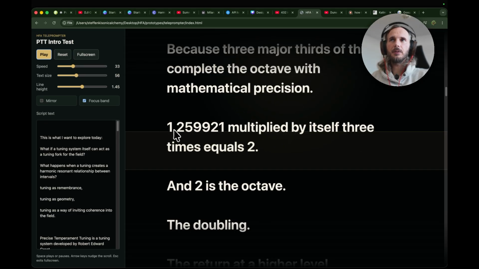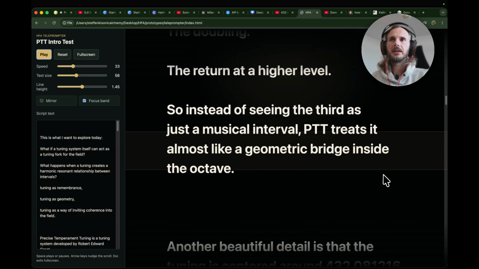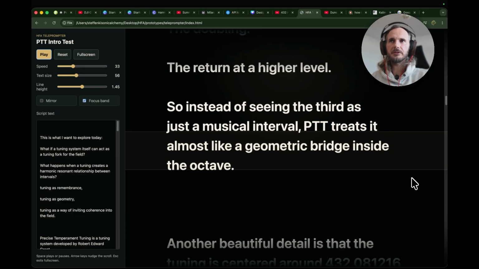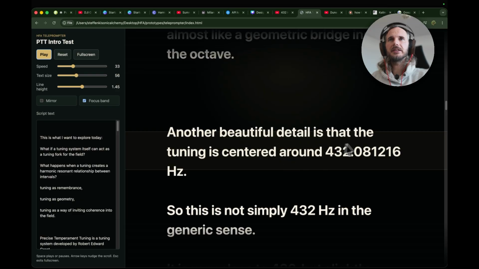But this number here, 1.25992, multiplied by itself 3 times equals 2. And 2 is the octave, the doubling. So instead of seeing the third as just a musical interval, Precise Temperament treats it like a geometric bridge inside the octave, right? And another beautiful detail is that the tuning is centered around